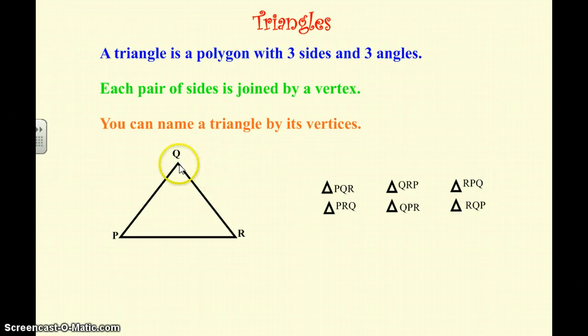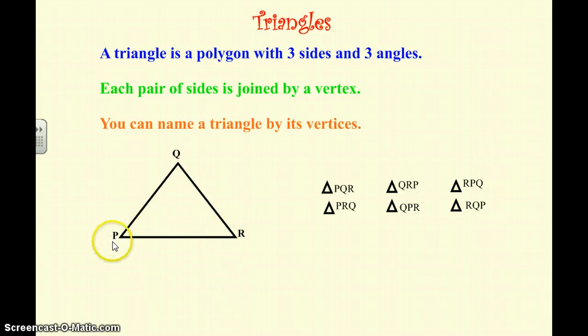So let's take a look. You want to always label a triangle's vertex with a capital letter, and we'll get into why you want to use a capital letter more as we learn more about triangles. But for now, you just want to remember that you name a vertex with a capital letter. So you can name this triangle by naming the 3 vertices here. So we have